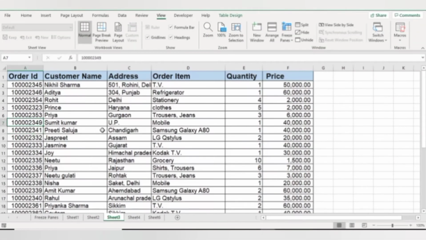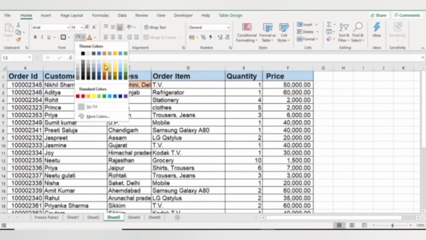Now let's say you want to freeze both your rows and columns together. Now let's freeze both the rows and columns simultaneously. Like here I want to freeze my first two columns, that is the Order ID and Customer Name columns, and I want to freeze my top row.